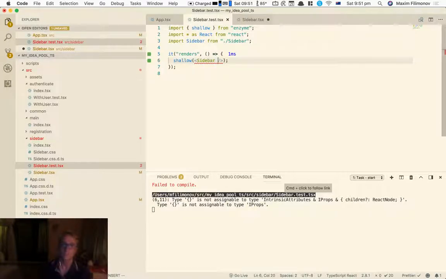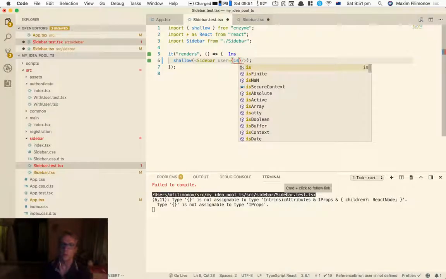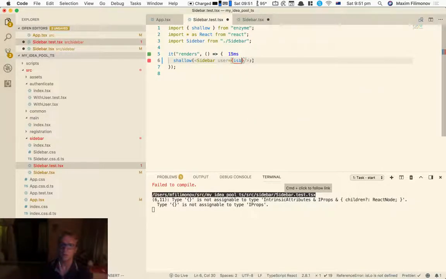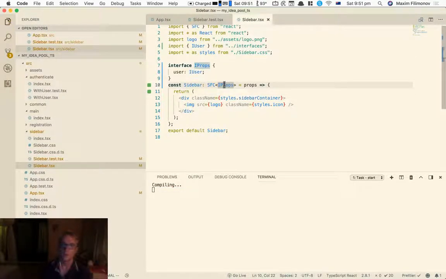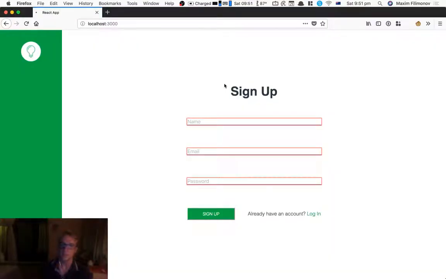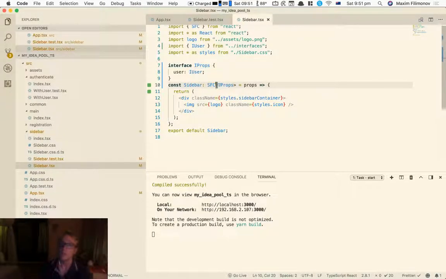Okay, so I need to pass a user here. Is logged in is, oops, let's make it false, for example. So now we're making this dependency explicit, and we can make it optional, and we can say, hey, this thing works without it if you don't pass it the user by default. But what I can do instead is I can say here, like so, if I have a user and I